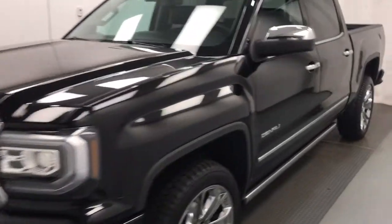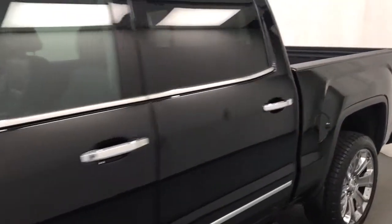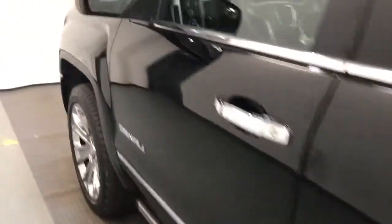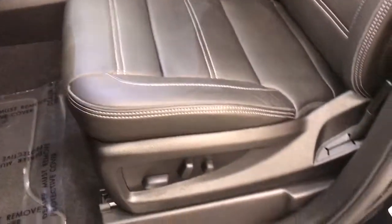Today we're reviewing stock number 197036 on a 2018 GMC 1500 Denali, and our exterior color is black. Interior options include power windows, locks and mirrors, power folding mirrors, memory seats, wood grain trim, premium audio system, power